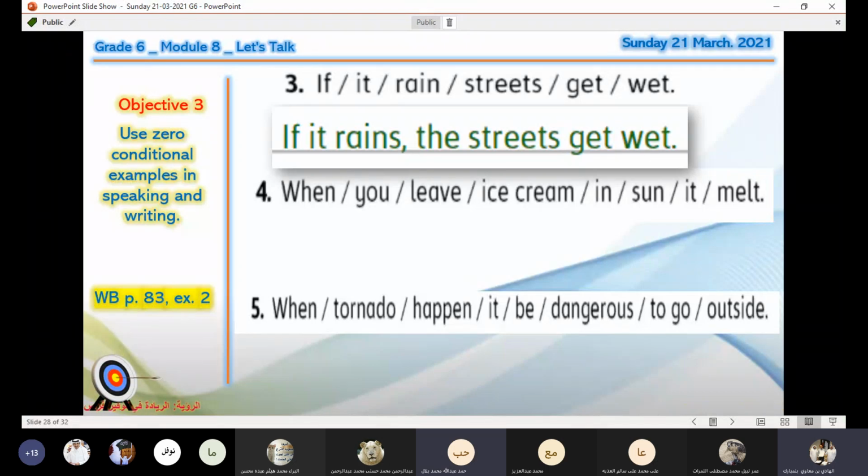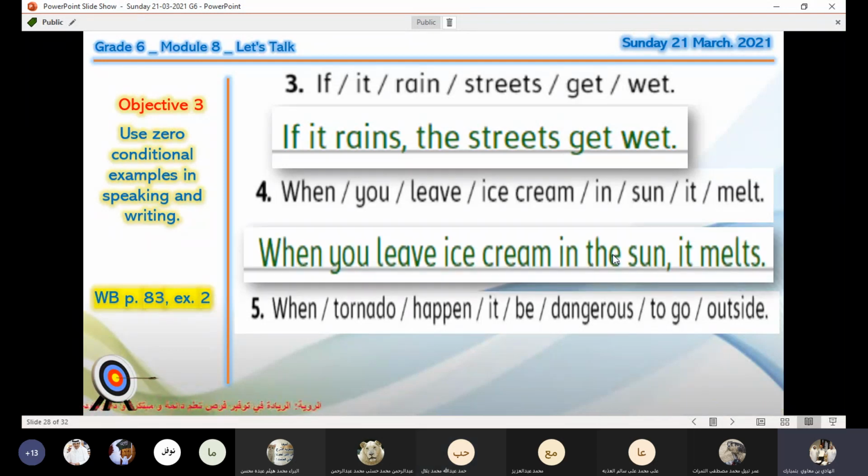When you leave ice cream in the sun, it melt or it melts? Melts. Very good. We have to add S. Thank you. When you leave ice cream in the sun, it melts. You have to add S